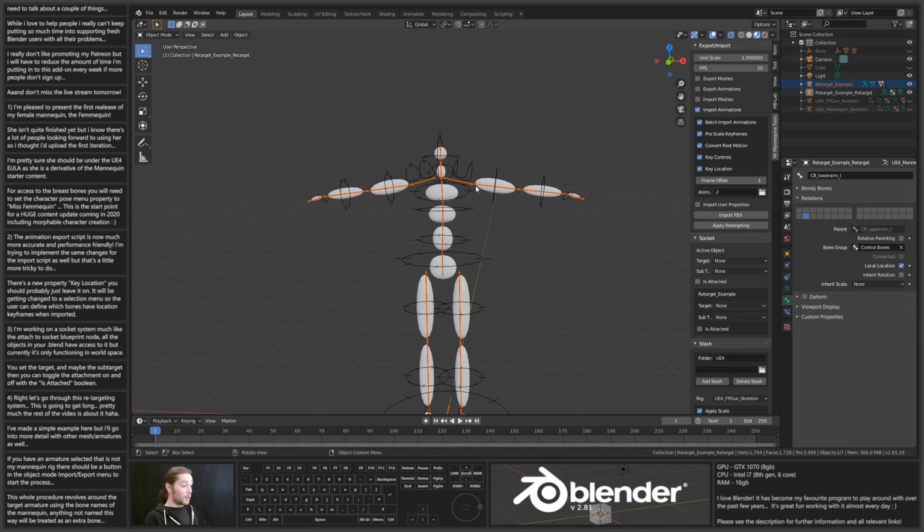And that's another thing I'm not sure if I mentioned, but it's really important, so if I did, I'll repeat it. The bones in the armature that you want to retarget to must be renamed to the mannequin's naming convention. So Spine 1, Spine 2, Spine 3, Neck 1, head, clavicle L, clavicle R, upper arm, lower arm, calf. You get the idea. All the bone names need to be named to their equivalent mannequin bones